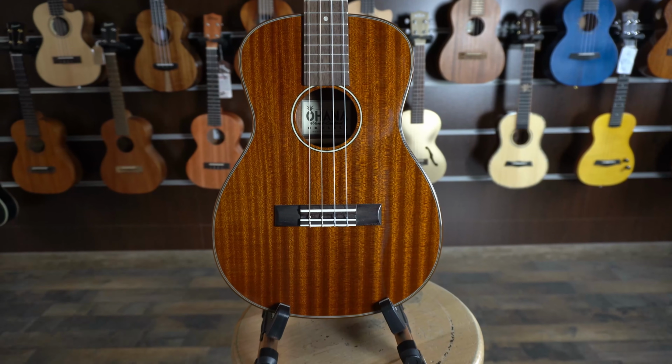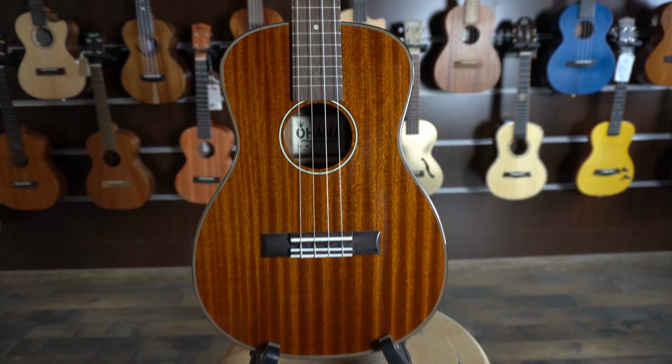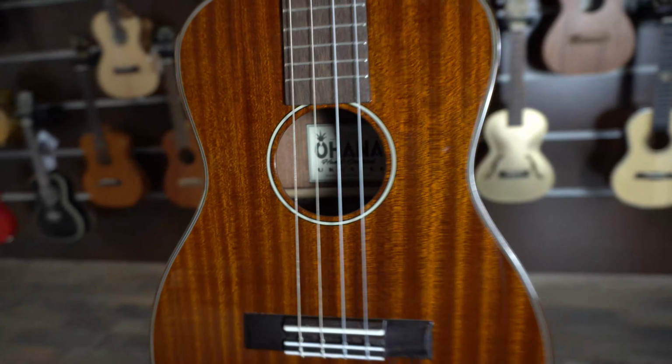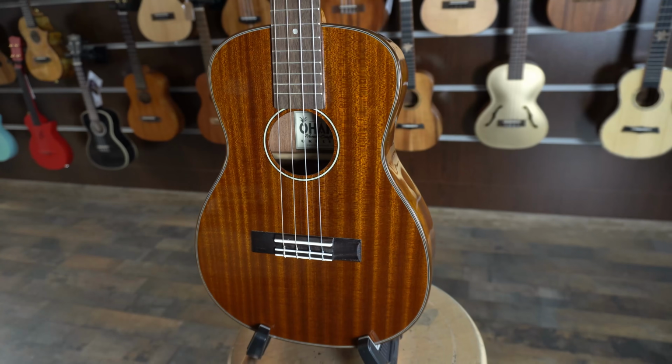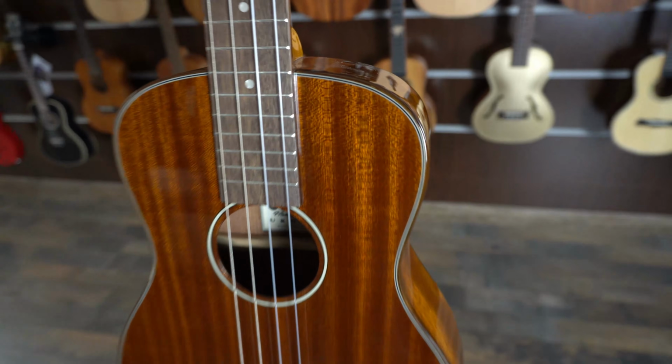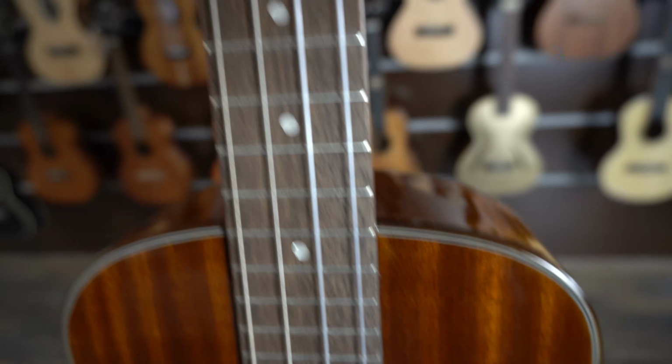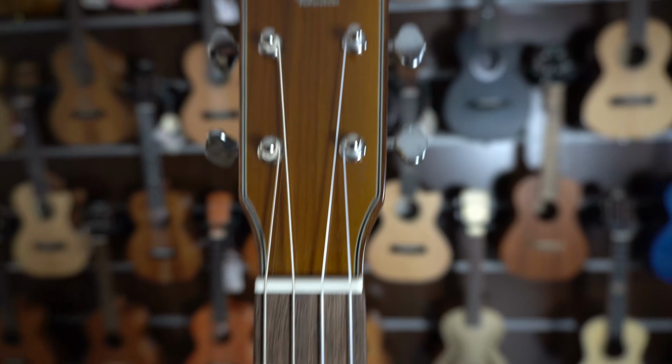It has a soulful sound, it's warm, it's cozy. That's what you want from a deeper sounding ukulele 9 times out of 10. Ohana baritones do follow convention in that they have a nice wide nut width with a very round, deep neck shape to them, so they feel good for chunky hands. But because of the shorter scale length, if you like less distance between the frets, this might be the one